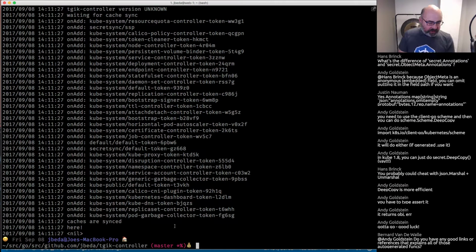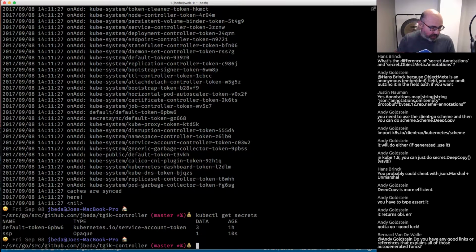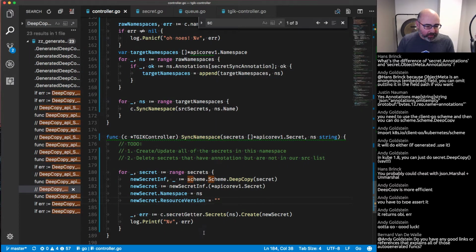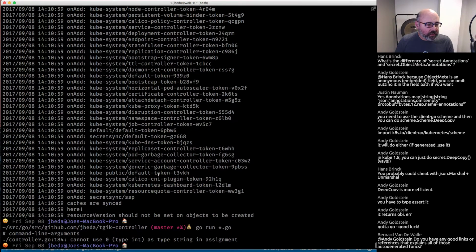But now, if I do kubectl get secrets, this is in the default namespace. Here I have SSP, so this thing actually got created 10 seconds ago. Sweet. And I'm going to do get secrets ssp -o yaml, and this doesn't look totally nuts. And I believe if we look,